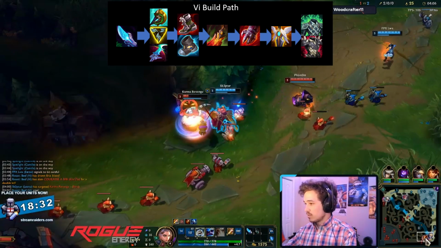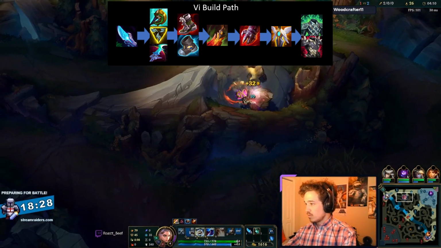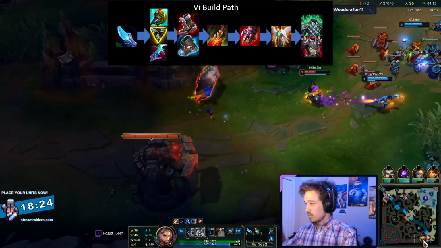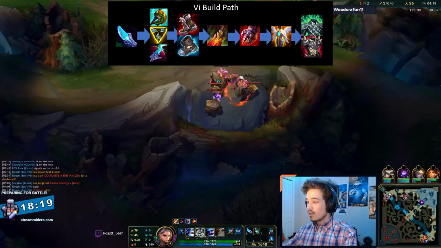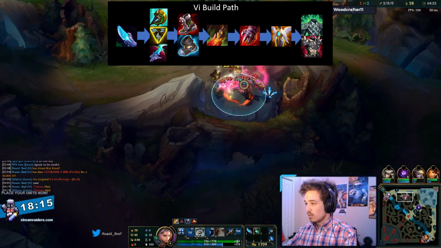Divine Sunderer is also very strong right now, so consider building that instead of either of those two. You will be grabbing Merc Treads if their team is CC heavy, because if Vi gets CC'd, she dies, and you will be building Tabis if they are not CC heavy. Whichever build you go, your items will be Trinity, Sunderer, or Eclipse, followed by Asterix or Death Stance, and then